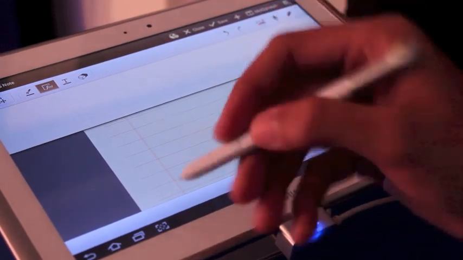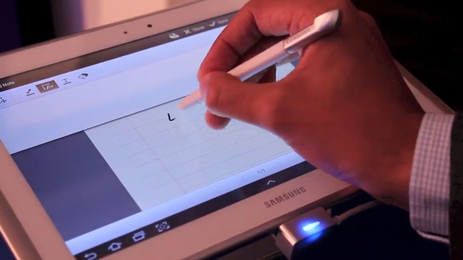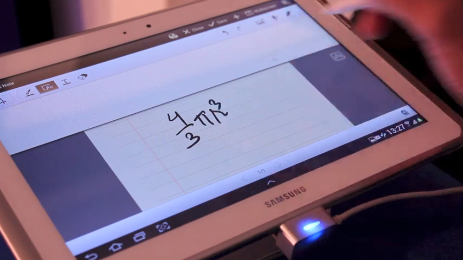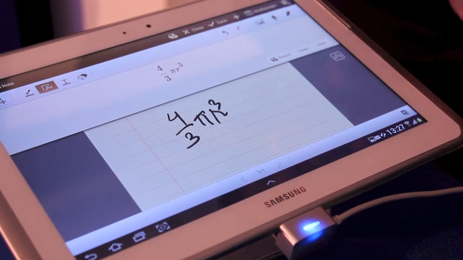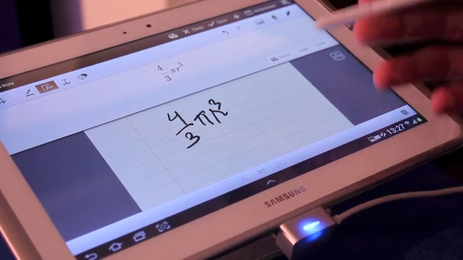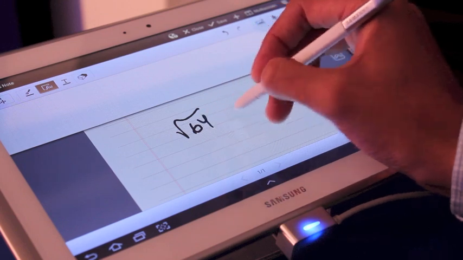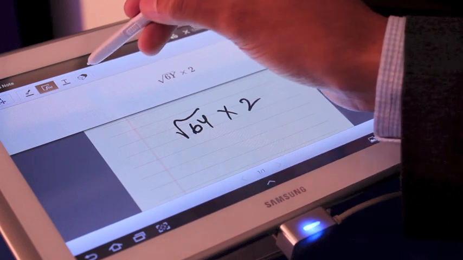The other thing you might want to do is a little bit of trigonometry or geometry, and you want to find out, let's say, the surface area of a cube. So you say 4 by 3 pi r cube. If I remember it right, that's the formula. And then you can search. But the idea is that whether it's a pi or anything for that matter, a root of 64 multiplied by 2. Okay, so it's not understanding why, no worries.